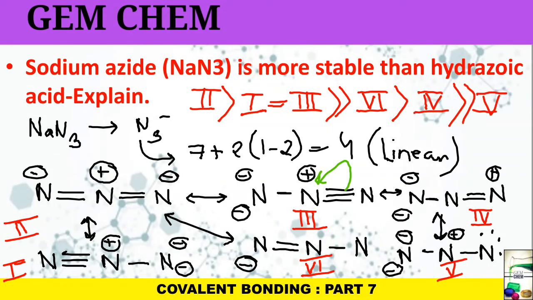So among all the above canonical forms, 1, 2, 3 will be more contributing due to the greater number of covalent bonds. 2 will still have higher contribution since 2 negative charge is furthest apart. If you can see, the 2 negative charges are furthest apart. And positive and negative charges are close to each other in structure 1 and 3. As a result of which, there will be equal contribution and will have lesser contribution than structure 2. Now if we consider for